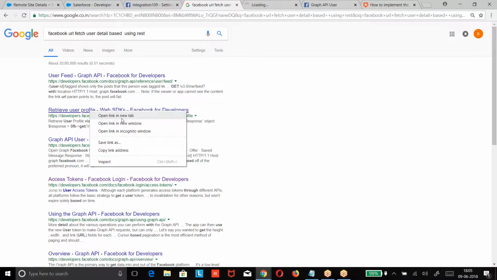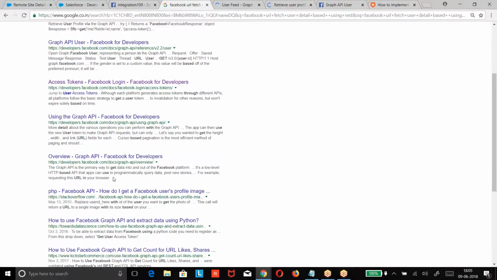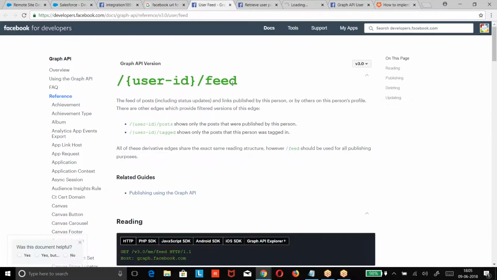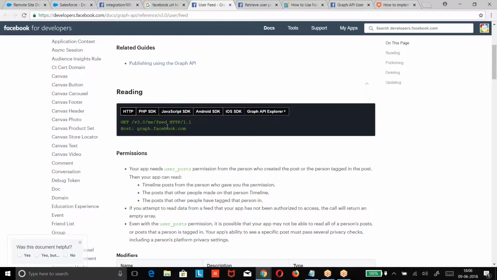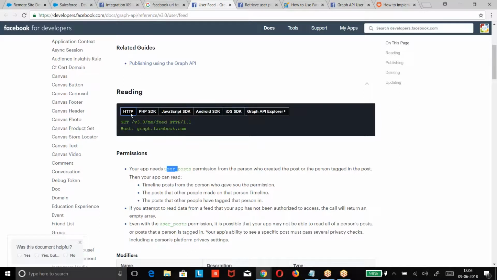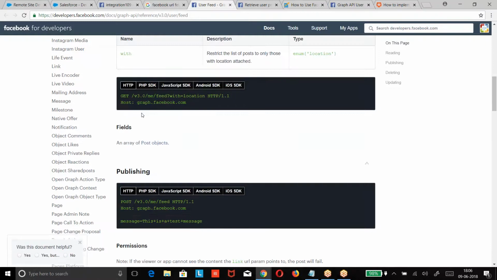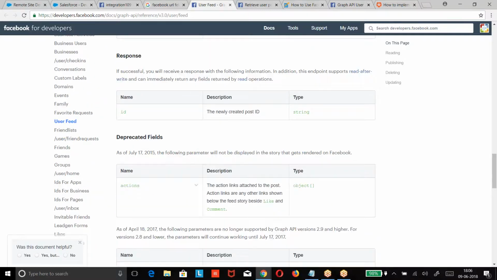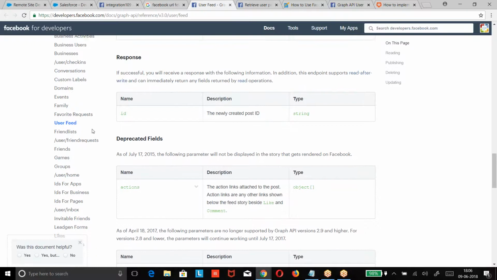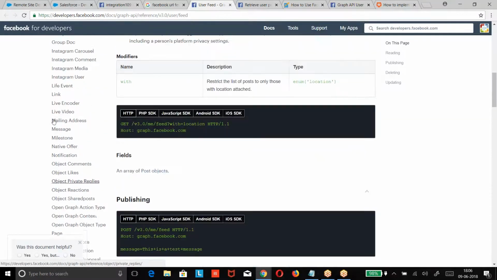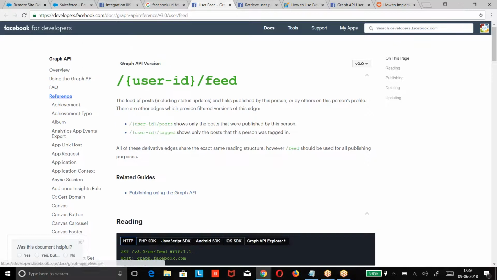You're just looking for the URL, boss. All these are the corresponding links which we have.